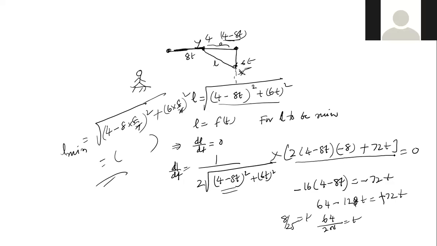So why is it plus 72t? Isn't it supposed to be minus 72t here? No, this is already a minus sign here. I brought it that side. This became minus, right? This minus is there, right? Oh, right. Yes, sir. So now, are we ready to do it in a simpler way?